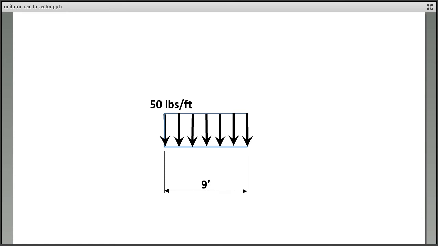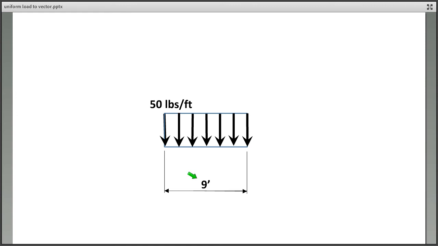Okay, for this module, we're going to talk about how we handle distributed loads. So sometimes, although we want to deal with vectors, the load we're encountering could be a load that's distributed over a certain distance. So we can picture this just to visualize. Perhaps it's a snow load. So maybe it has snowed and it's a certain height and it's distributed, in this case, over, say, 9 feet